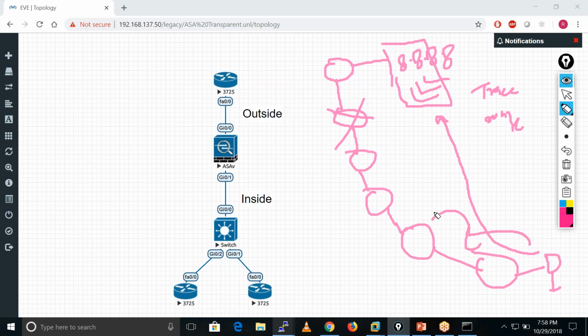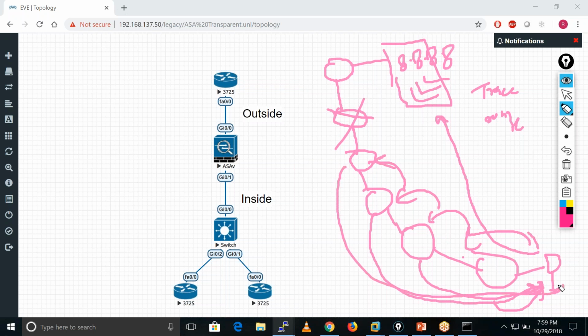The tracer goes to this router, then the next router, then the next. When the request goes to this router, it sends a reply. When the request reaches the next one, it also sends a reply, and so on.